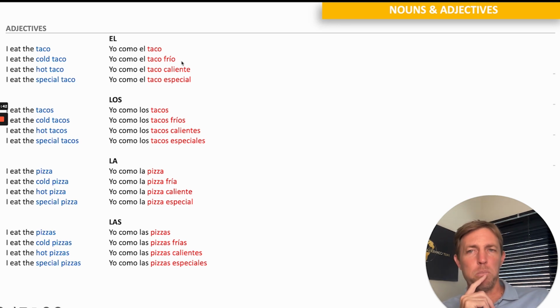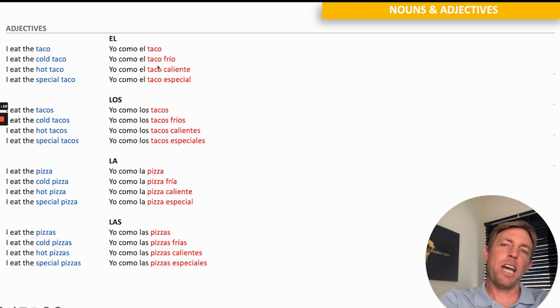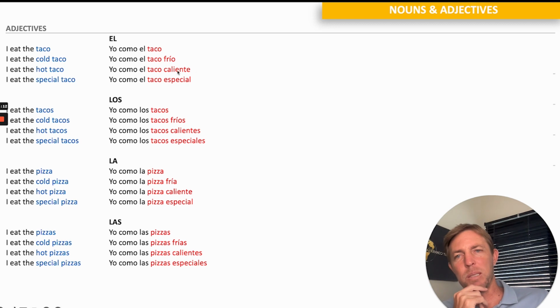Because only the adjectives that end in an O will change to an A, and vice versa. Adjectives that end in anything else, an E, an L, a consonant, they won't change genders. Okay, the only gender-changing adjectives will be the adjectives that end in O's. O's become A's, A's become O's, depending if the noun is masculine or feminine. The adjective will be masculine or feminine.